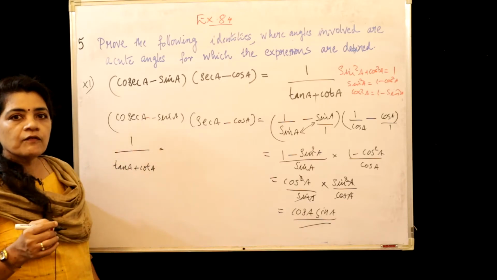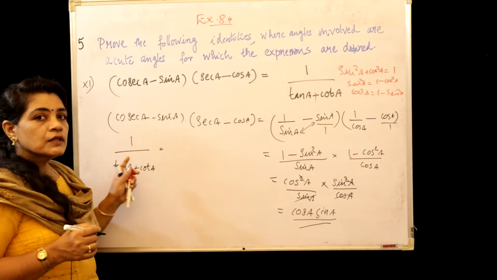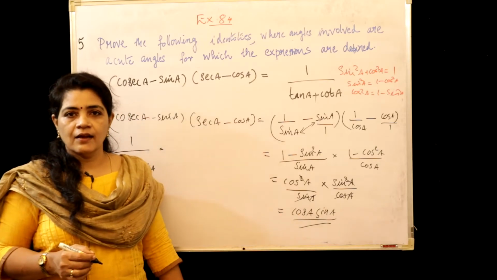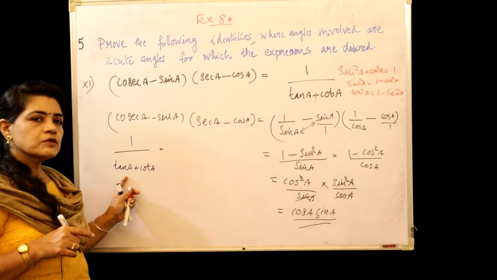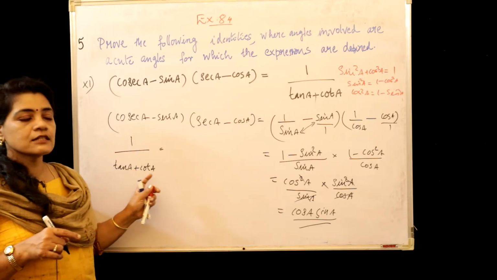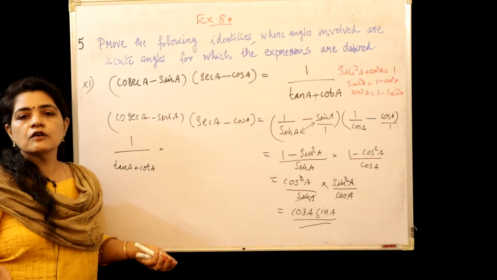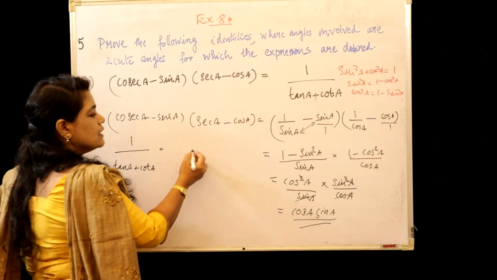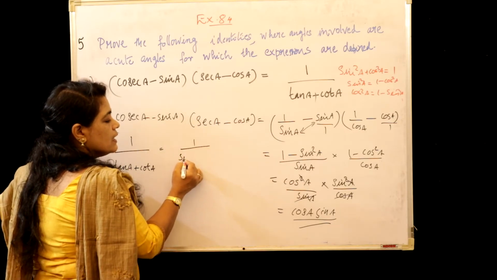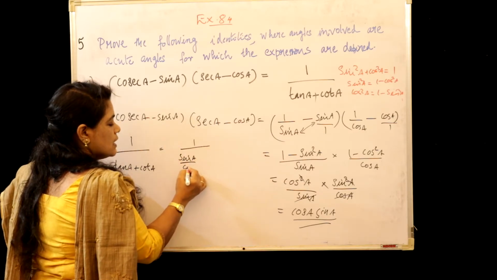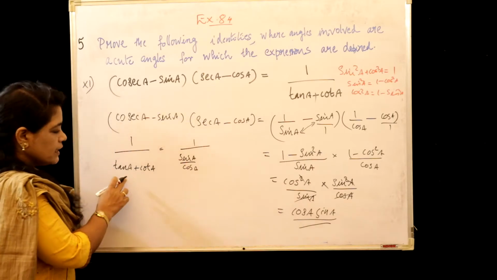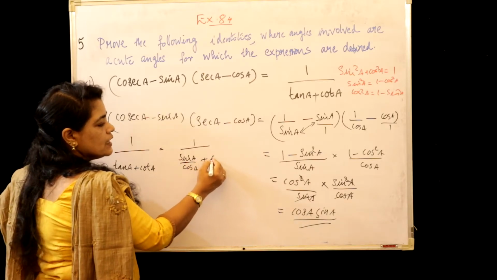See children, what is our aim? We have to reduce this into cos A sin A. That means we have to give the substitution for tan A as well as cot A in terms of sin A and cos A. And we know that tan A is sin A by cos A, quotient relation, and